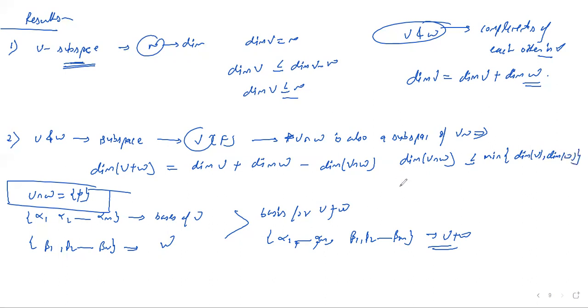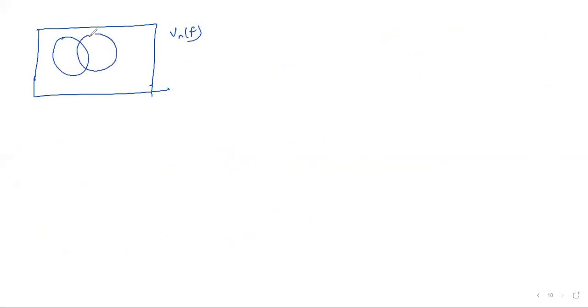How? Let's see it like this. This is, let's say, our vector space V over the field F. This is my subspace U, and this is my subspace W, and this is the intersection of these two subspaces, which is U intersection W. Then when I say that the dimension of U intersection W is less than or equal to the minimum of dimension of U, dimension of W,